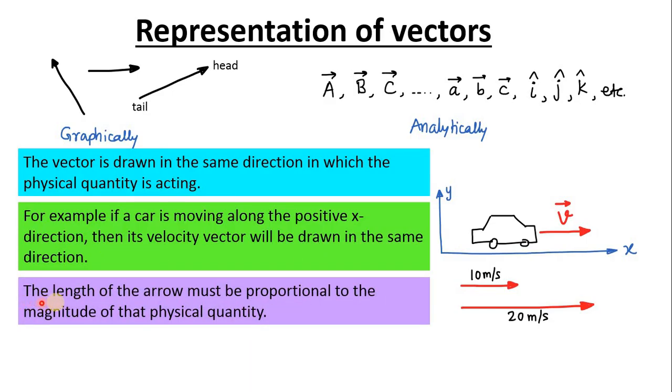Next point, the length of the arrow must be proportional to the magnitude of that physical quantity. For example, when we draw the arrow, how long should we draw it, small or big? It depends upon the magnitude. Let us say in case 1 the velocity is 10 meter per second. So we choose some scale. Let us say we draw it 1 or 2 centimeters long, and this much length represents 10 meter per second. So if I have to represent 20 meter per second velocity, that will double, then I should draw a vector